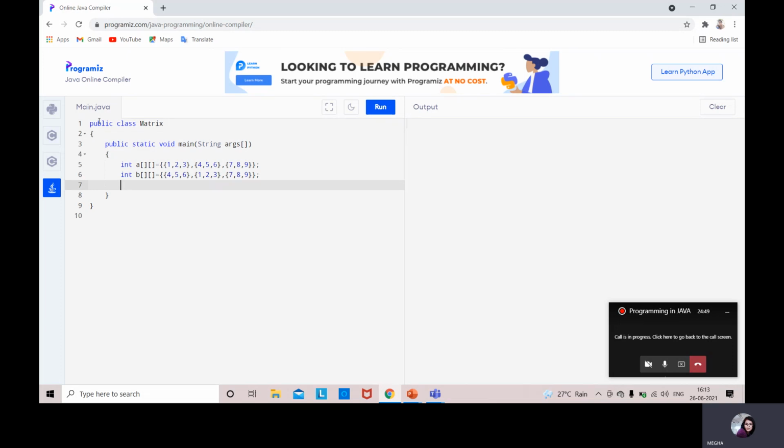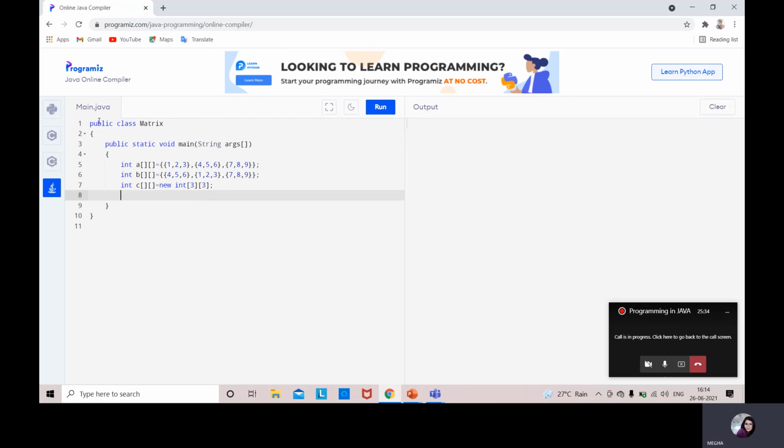I would like to add these two matrices and get another matrix. To store the added value we need another matrix, int C equal to new int, where I'm storing the size of that matrix, 3 rows and 3 columns.